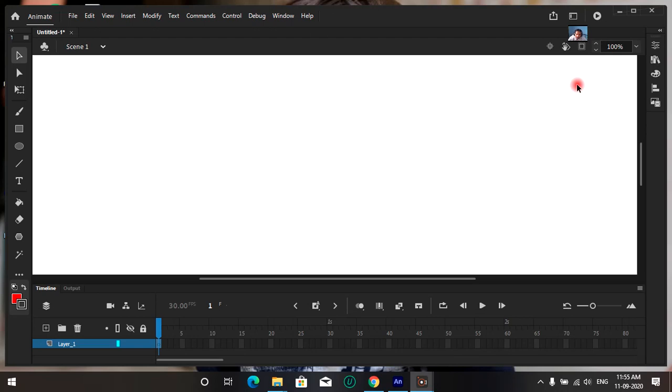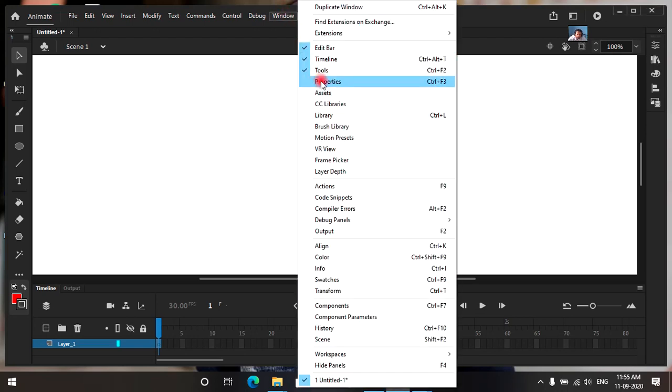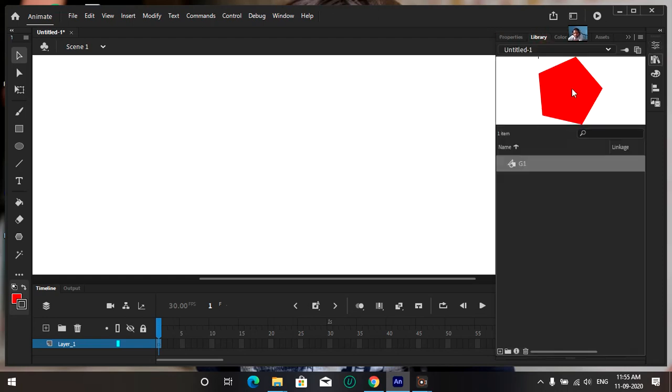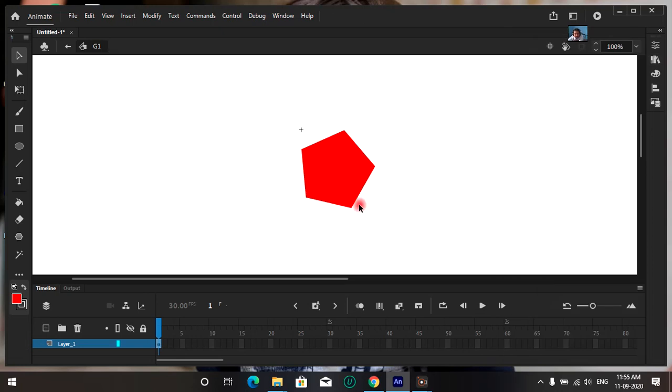Now see in the library option this image, and if you want to reuse it again, then we have to double click or drag and drop it. See here, this image has come, and this image is already converted into a symbol. If you delete it from this stage, that symbol is still stored in the library. Now we have understood how to convert any image into a symbol. Without converting to a symbol, we cannot use it in animation. Okay, students, in the next video